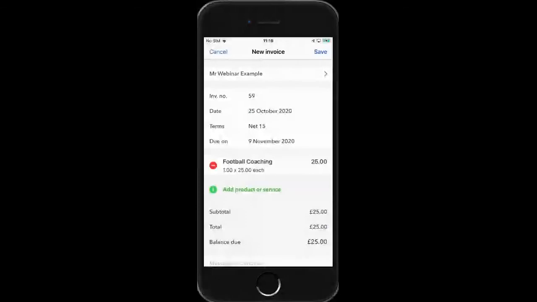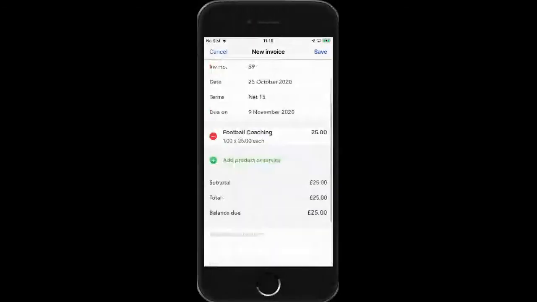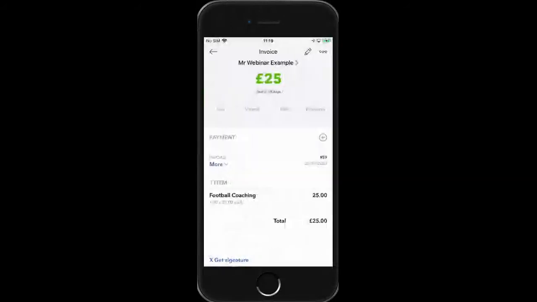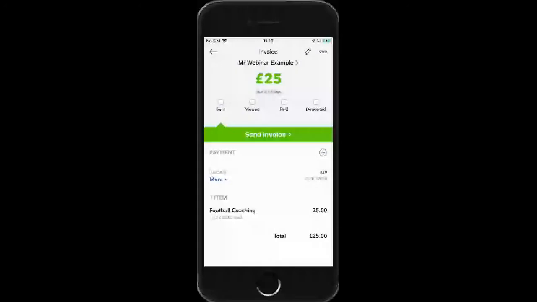Okay. And then again, we can put a message to the customer if we want to, and we can click save. Now, that invoice has been created. It has not been sent. If I click send invoice,